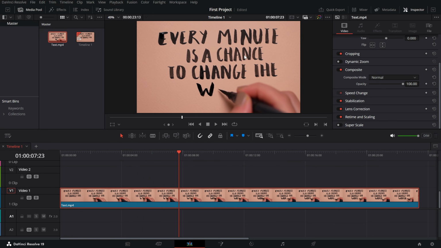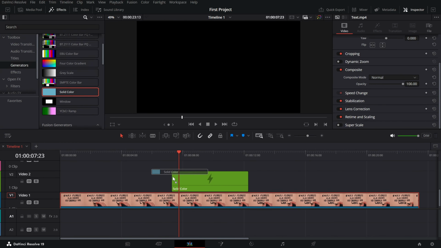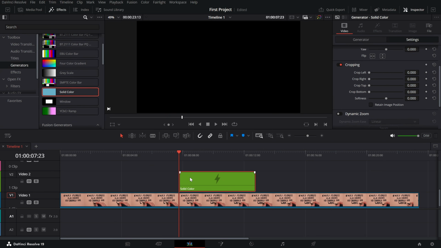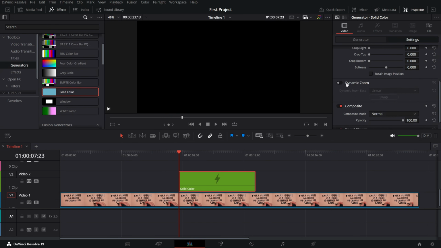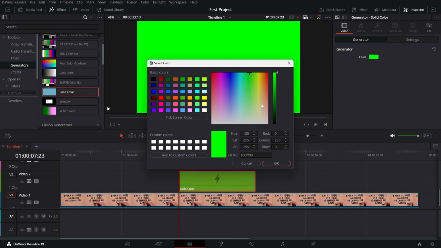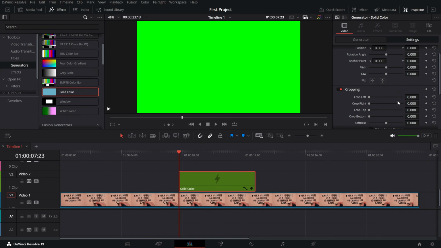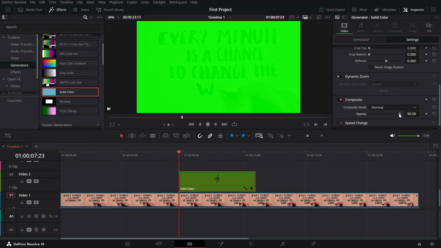To create the highlight effect, go to the FX library, navigate to Generators and choose Solid Color. Drag it onto the timeline above your video clip. Select the solid color layer and in the inspector panel, change the color to a highlight green or any color of your choice. Next, reduce the opacity in the inspector to make the solid color transparent, creating a subtle overlay